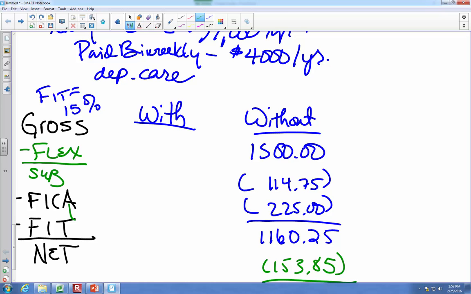So see if you can figure out how much you think she's going to bring home if she has a flex account. She's putting in the amount she elects for her dependent care. Oh, for her, okay. Yes, sorry, I didn't make that clear. You have to make an election every year. Yeah, this is in fact her flex election.